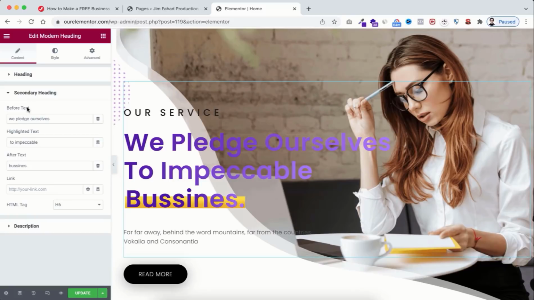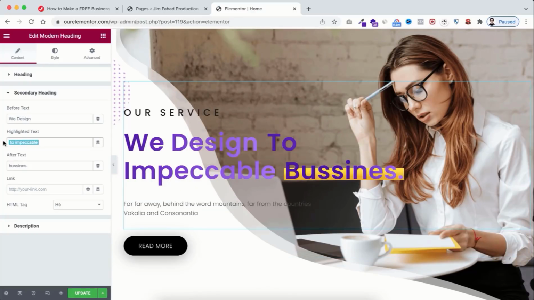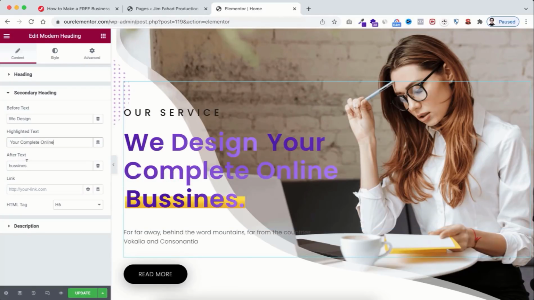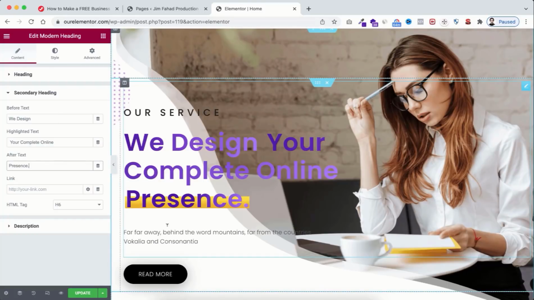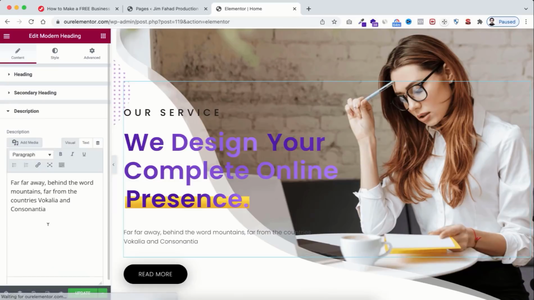Now you see this text has been split into 3 different fields. So within the first field, I wanna say we design. Within the second field, I want it to say your complete online. And within the third field, I want it to say presence. You see how simply we can change all of this text. Then if you want to change this paragraph text, just click here on this description and you can change the